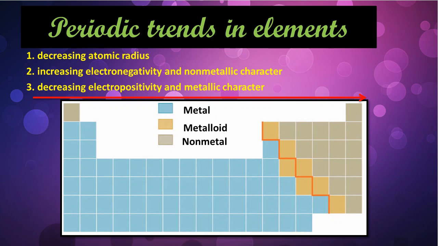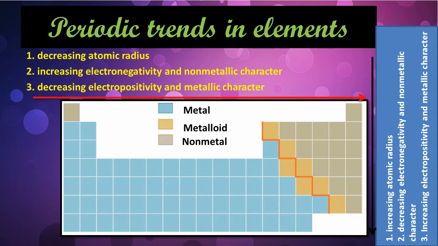And the third one is decreasing electropositivity and metallic character. Electropositivity is the tendency of a metal atom to lose electrons. So electropositivity decreases while moving from left to right, and electronegativity increases while moving from left to right. Now, while we move down a group,